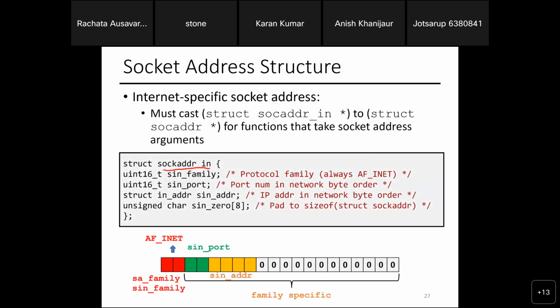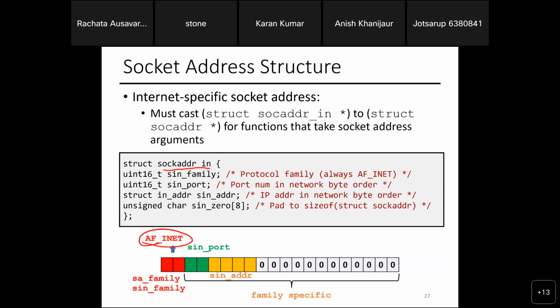Now the family would have AF_INET. It's a constant that tells the destination and the client that this is an IPv4 connection. It would read this, so it knows that this socket connects the two servers and it's using an IPv4 connection.